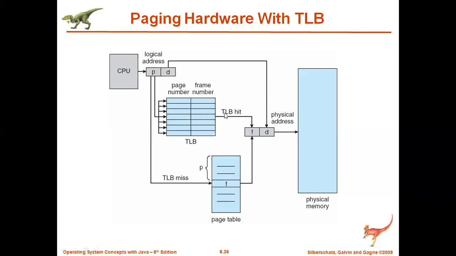A TLB hit is when the CPU generates a page number and we are able to find that page within the TLB. When the CPU generates a page number and we don't find the requested page within the TLB, and the CPU contacts the page table, that is called a TLB miss. Whenever a TLB miss occurs, the respective page and frame number will be stored in this TLB, and immediately that will be given to the CPU also. That frame number and the offset value will get added, and then the physical address will be generated. The remaining process of accessing the main memory is the same.